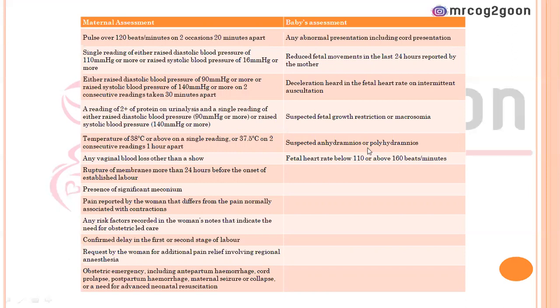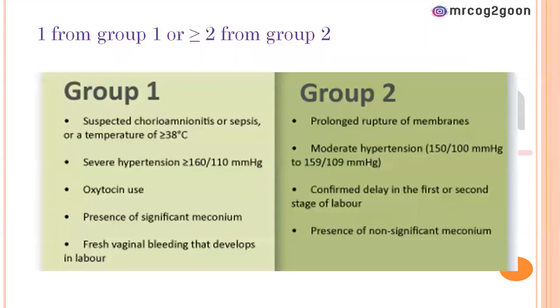And for the baby as well, it is almost the same. Okay? This one is very, very helpful, you can take a screenshot of it. If you find one from group 1 or 2 or more from group 2, go straight for continuous electronic fetal